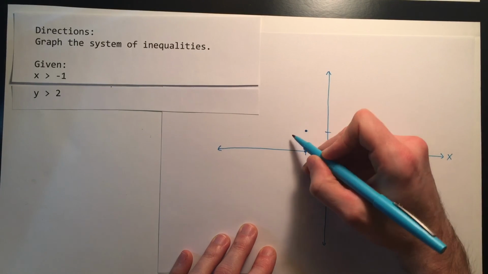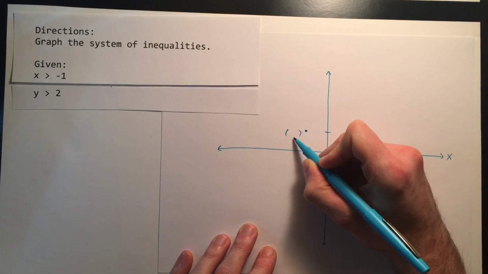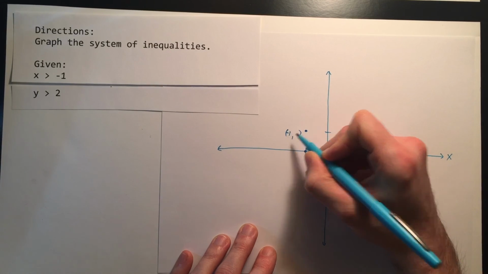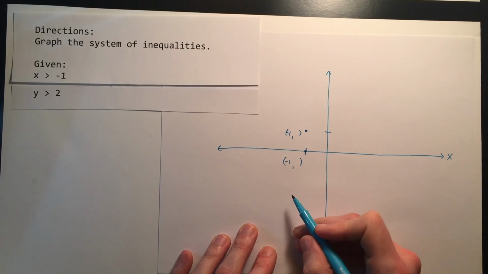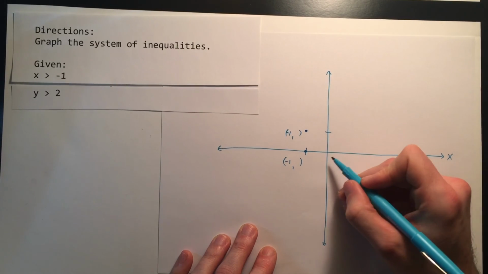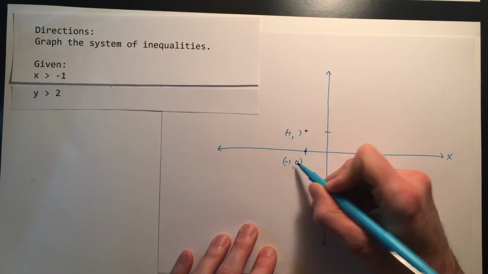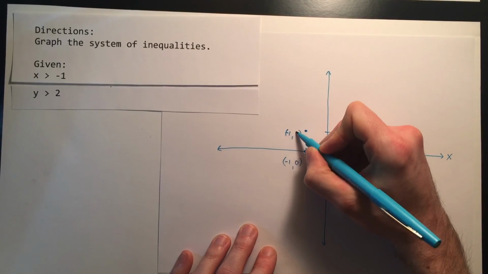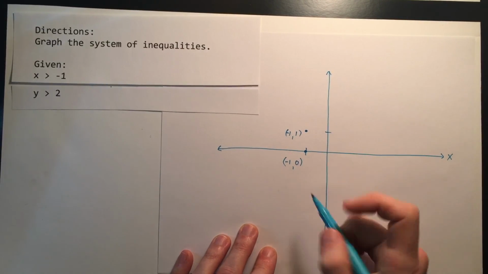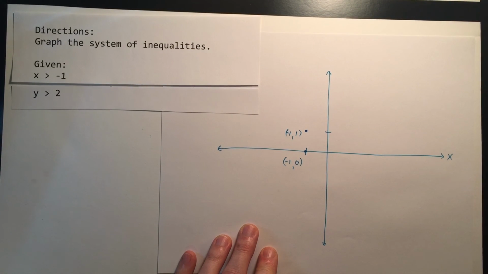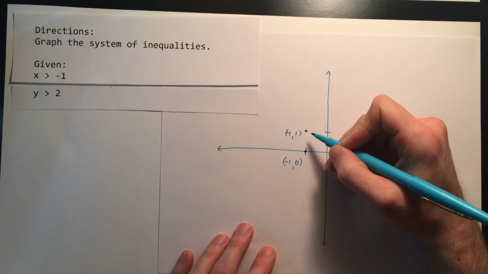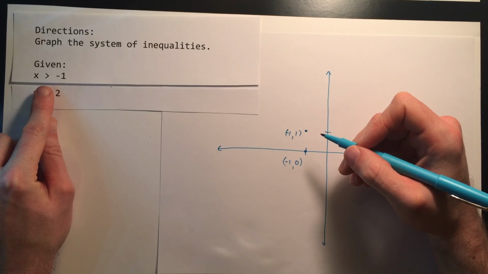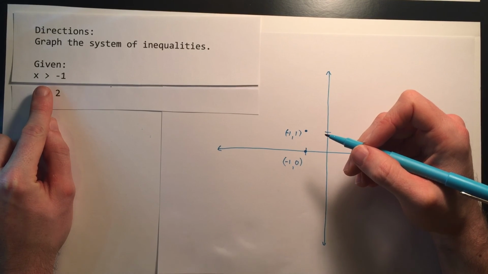Let's just graph our coordinates. So this is -1, and also this is -1, right? The x value of both points is -1. For this first point, the y value is 0, and on the second point, we've gone up 1. But every point along here starts with a -1 for the x value. Okay, now we've got our 2 points, and we're going to connect them, but this says x is greater than,